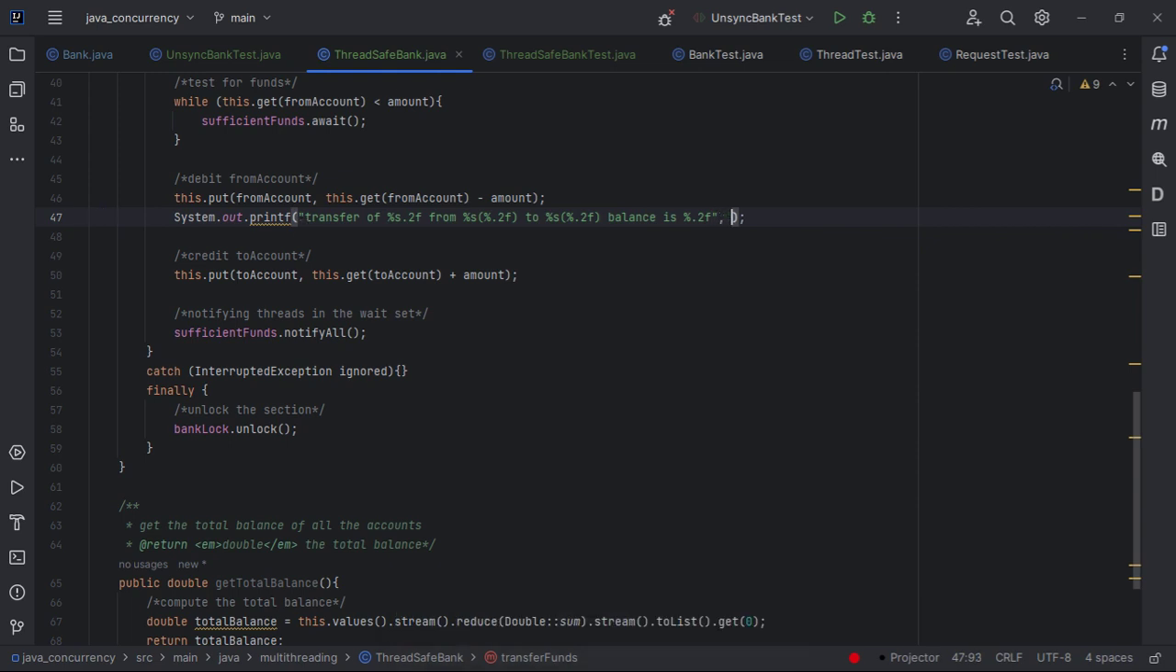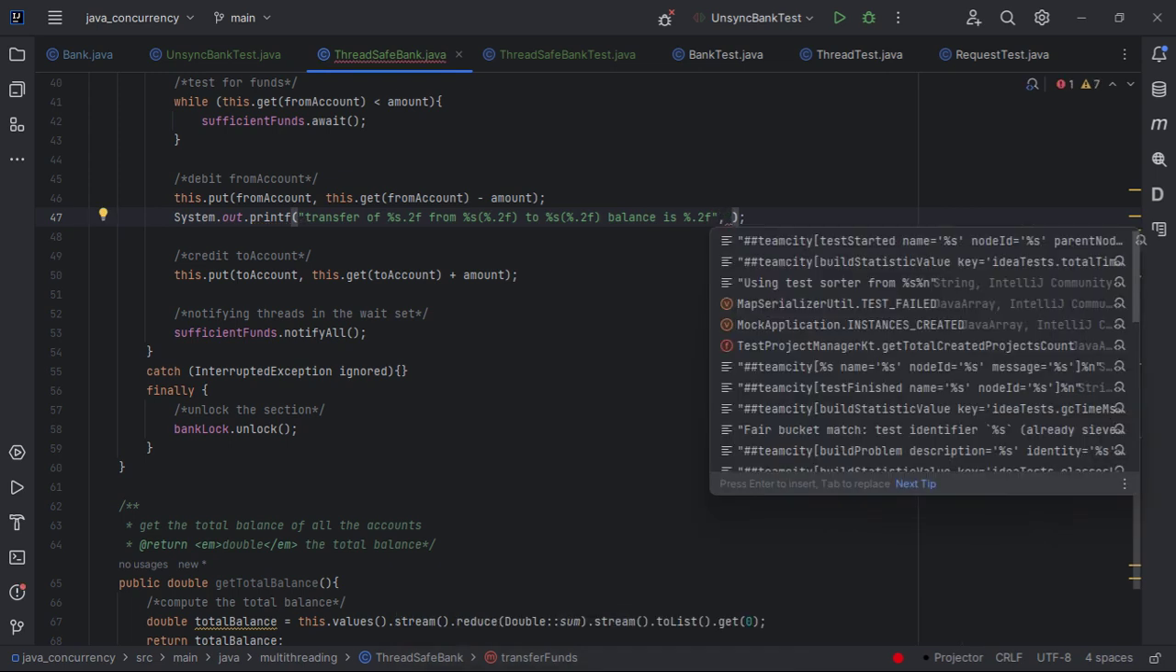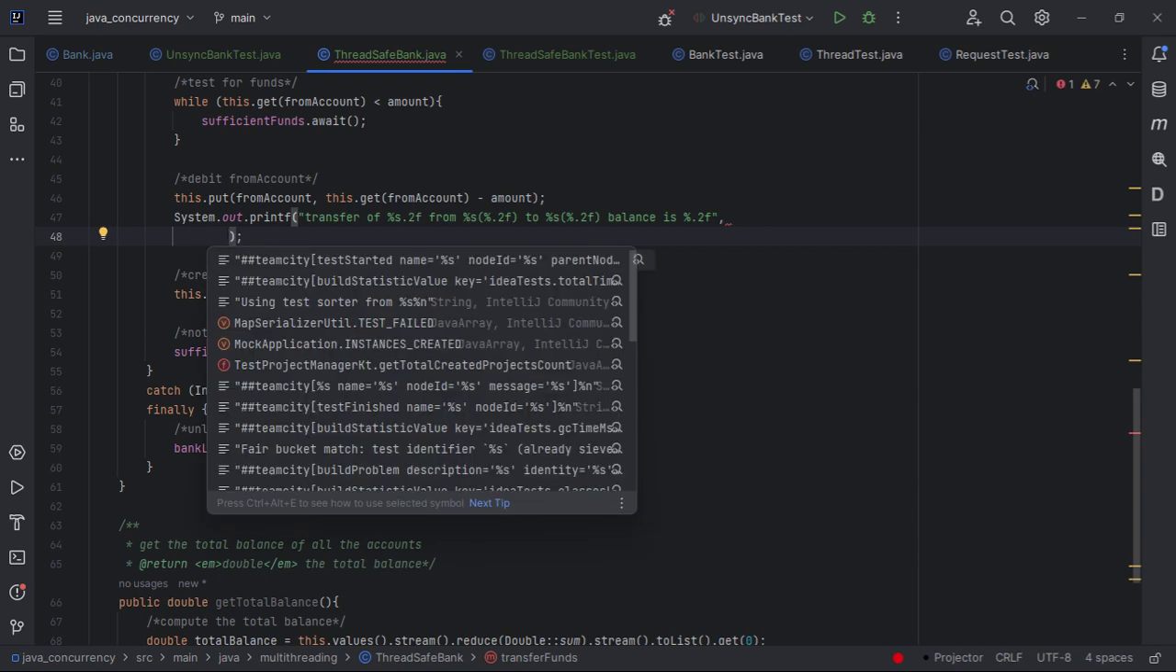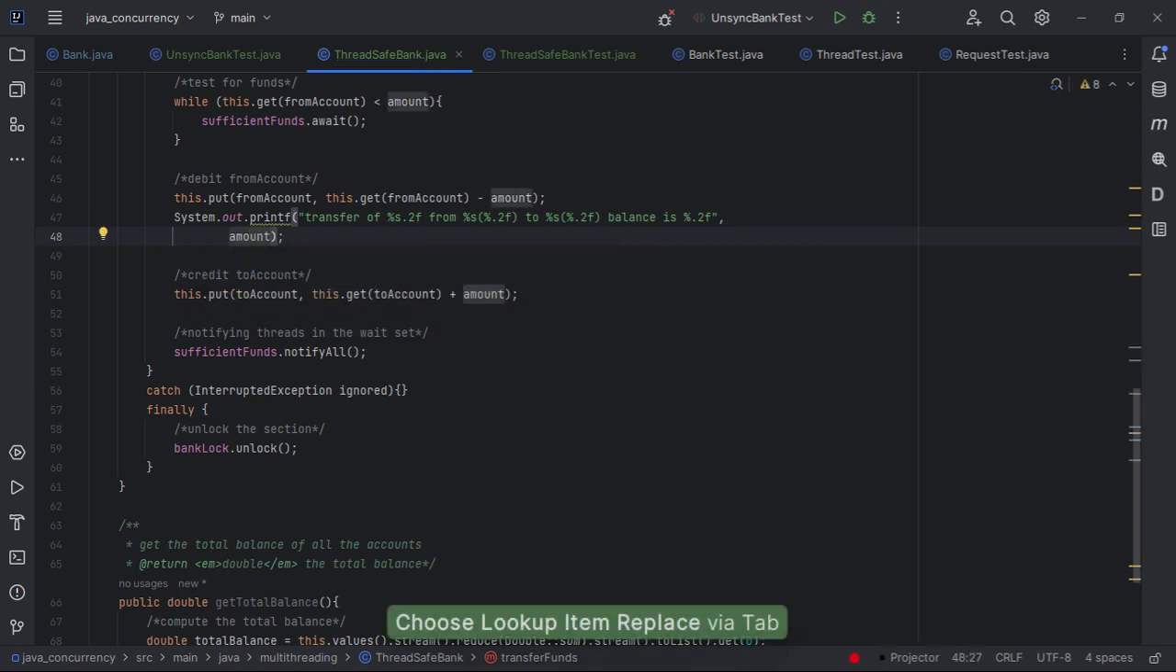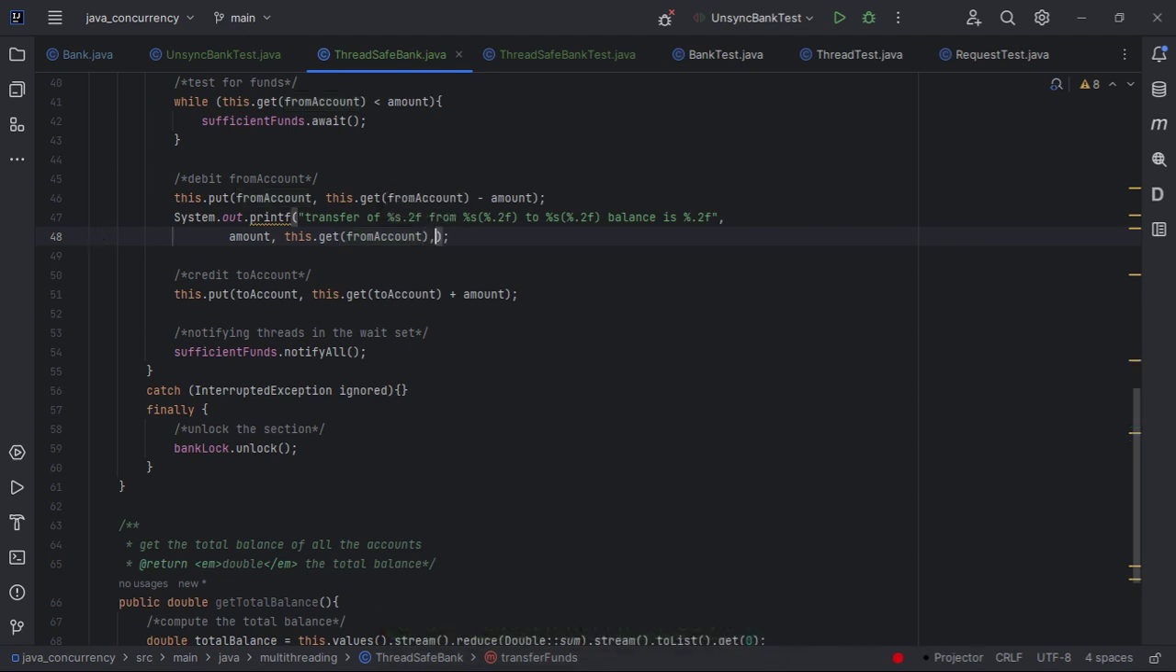Then here we can have, okay, we can have, so we want to transfer of, which is the amount. Let's put the amount of this amount from the from account, from this dot get the from account, yeah. Then we have which the balance, which will have the balance of